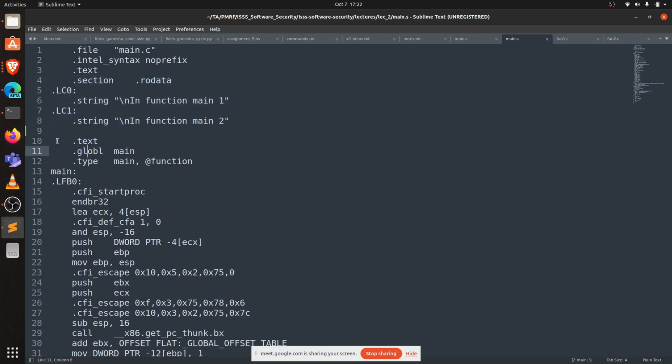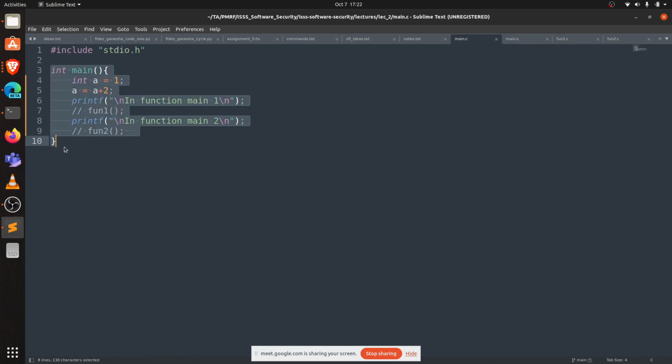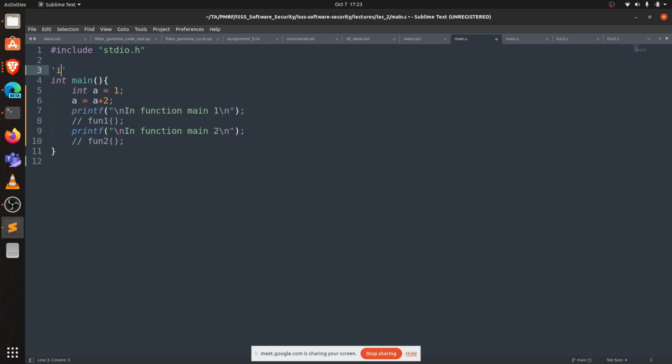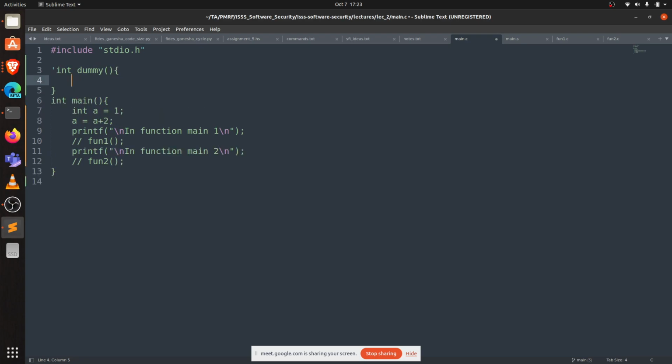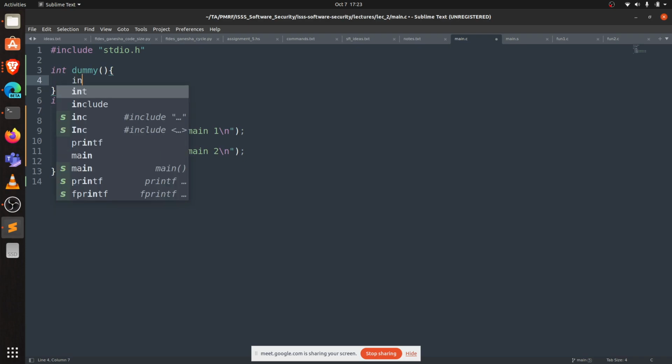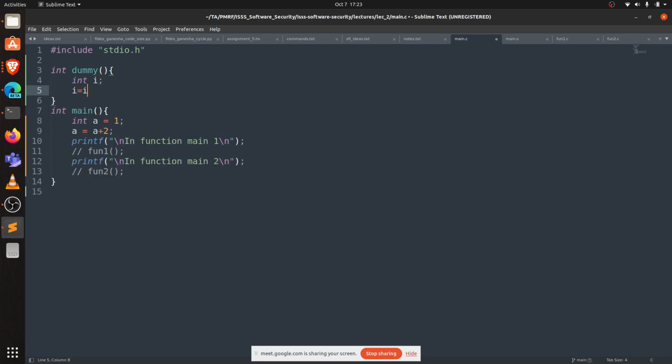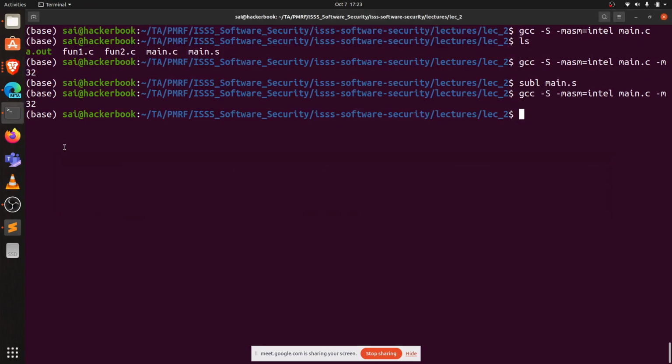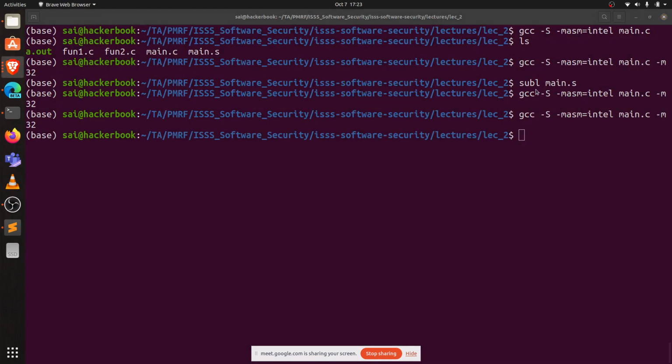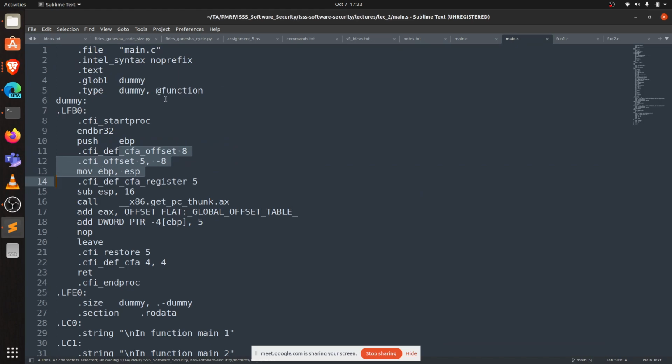And whatever you specify within the main function, if I add some other function, say int dummy and int I, and then I equal to I plus 5, if I just add a dummy function, and look at what my assembly file looks like,